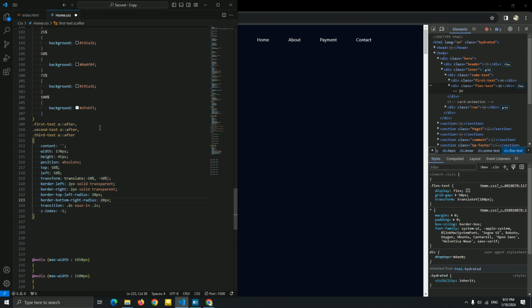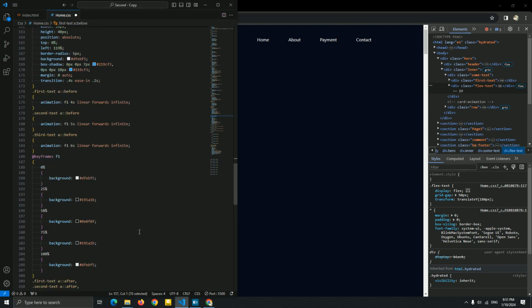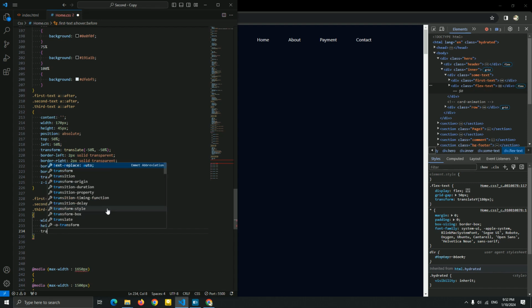So now let's go to get a hover. First, I'm gonna start with this before, guys. So just copy this, paste it for this hover. Just like I said, for this hover of the before, I need to add a width for this. Instead of being a card, I'm gonna add a 150 pixel width, height 2 pixel instead of 40 pixel. And now let me add transform translate y to be a center of this A link.